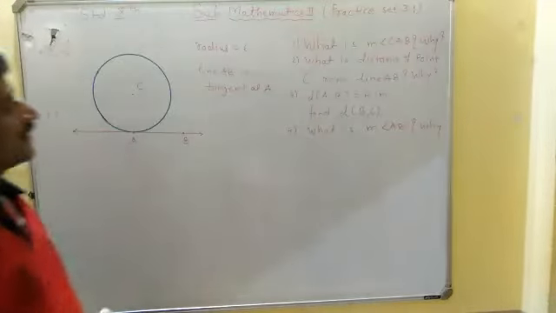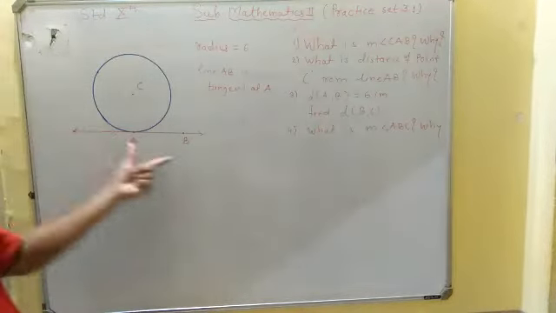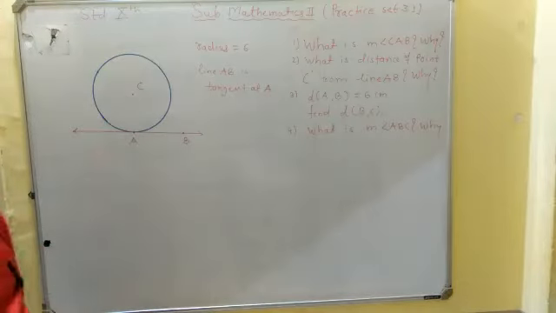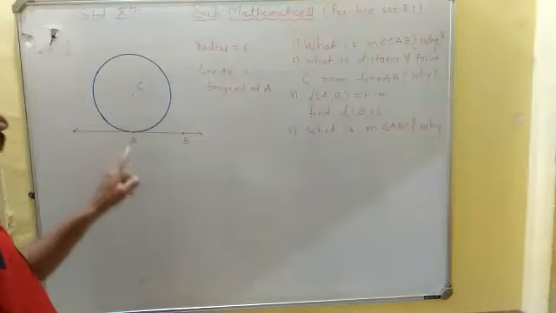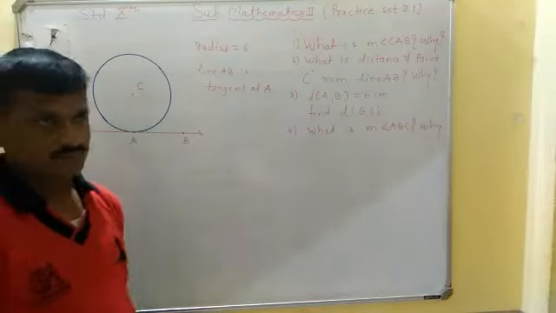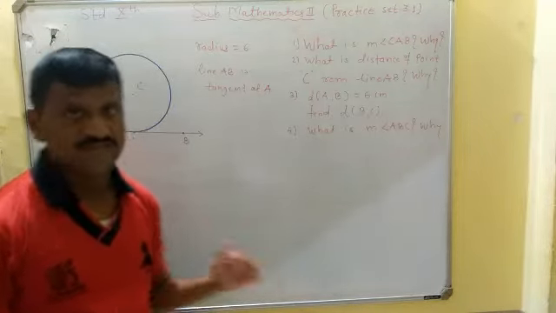Third, the length of AB is given as 6 centimeter, then find the distance BC. And fourth, what is the measure of angle ABC? That's our example. To solve this example, it is essential to draw